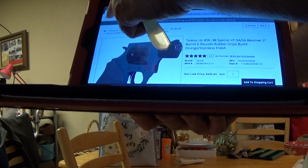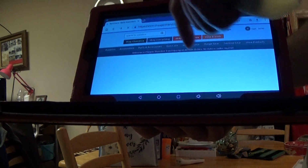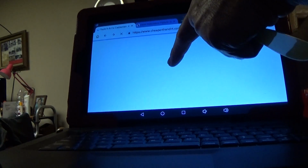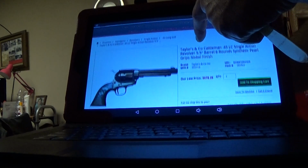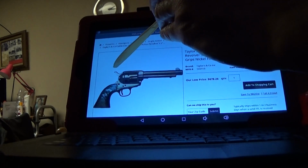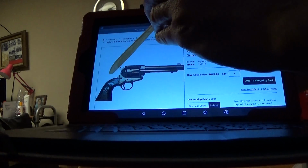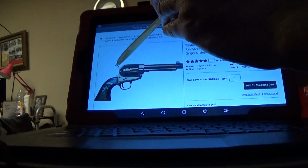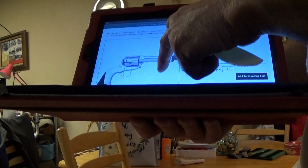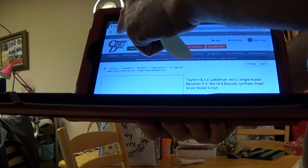When it comes to revolvers, there's more than one kind of revolver. This one, I can be certain from the shape of it, is single action. Meaning, you have to reach up and pull the hammer back, or cock the hammer, each time you fire. Whereas